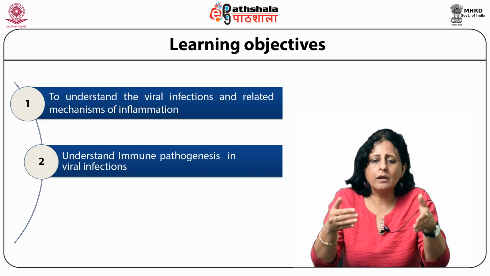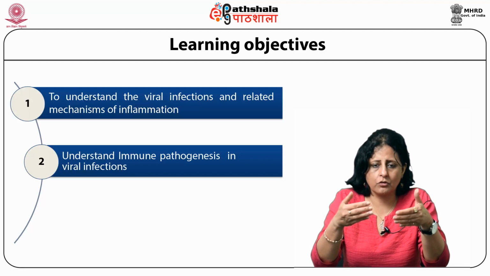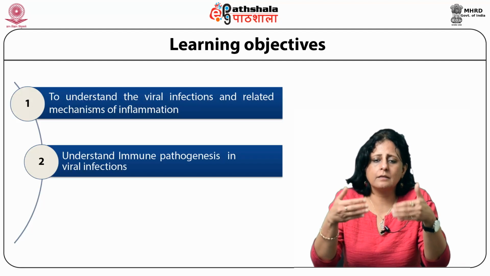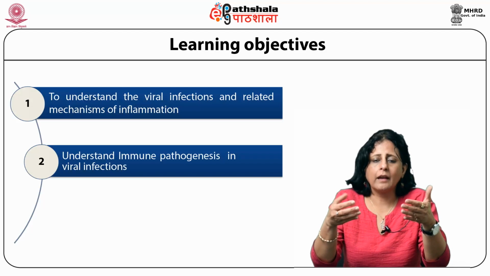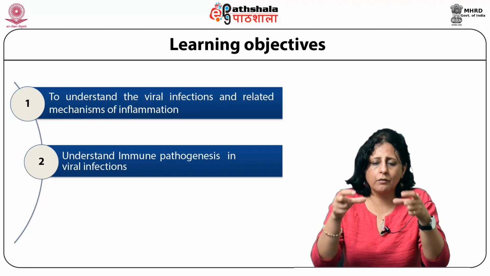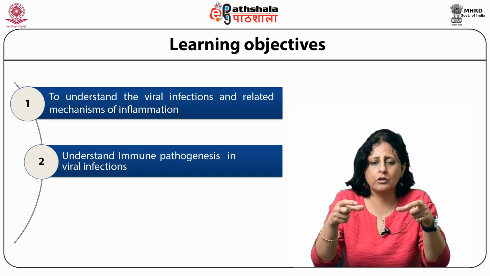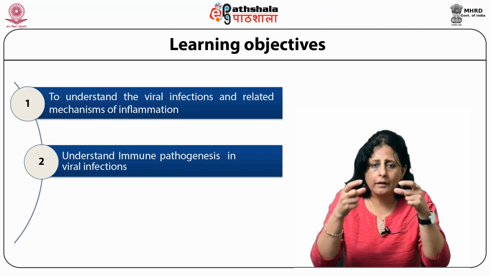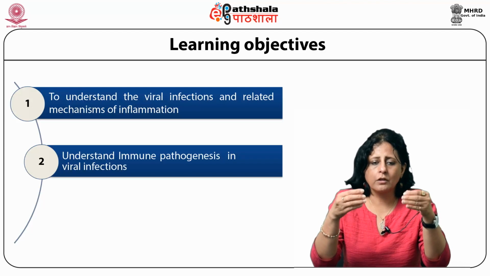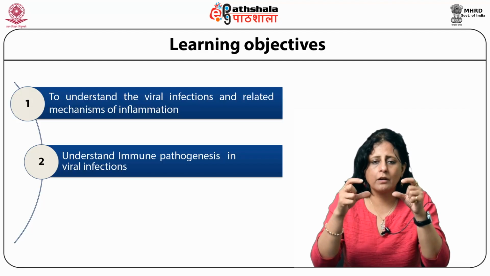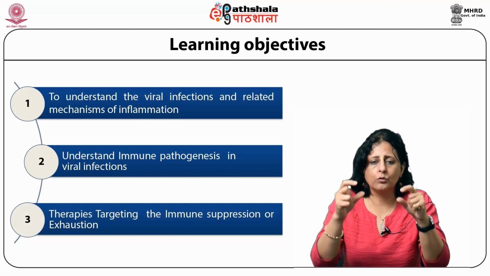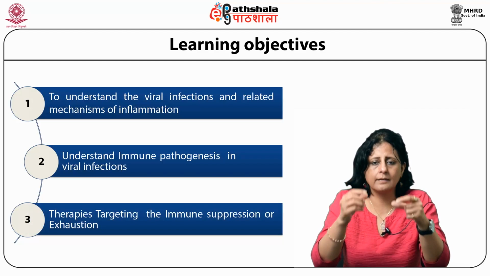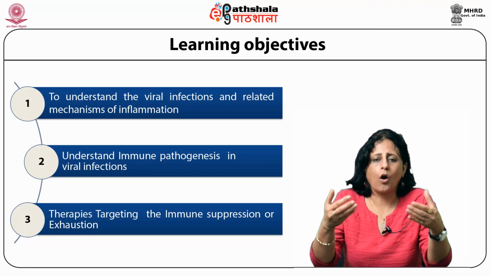Whenever there is any viral infection, how does it change the immunity of the body, and which cells are involved? If we first understand how viruses change the immune system during infection, we can target those cells for biotherapies. So our third objective will be therapies targeting those cells, whether they are causing immune suppression or